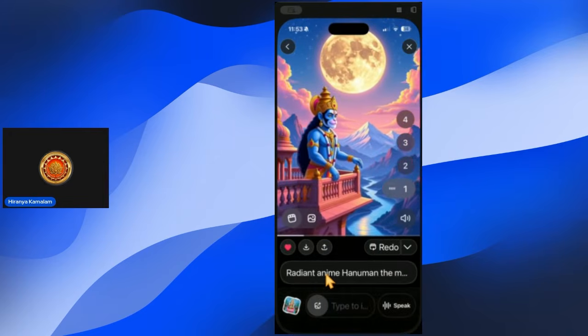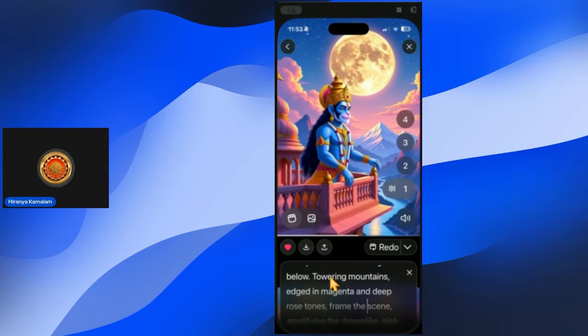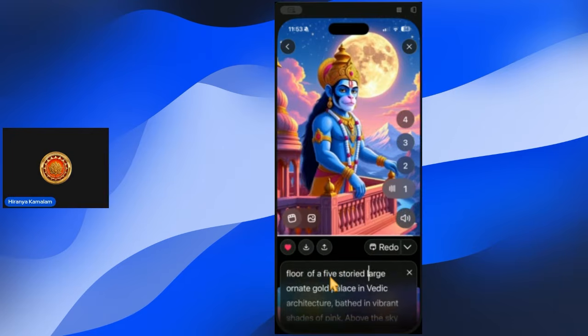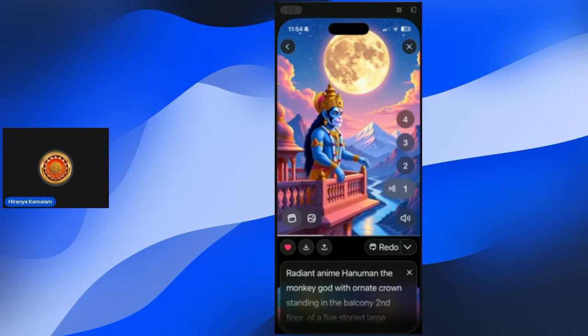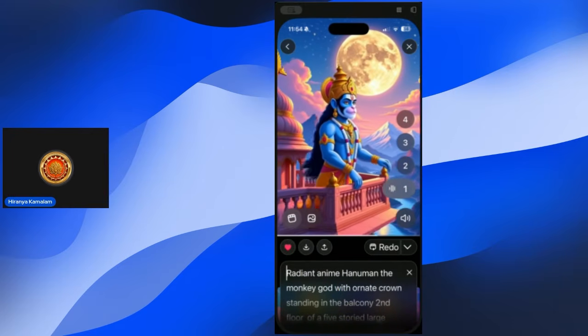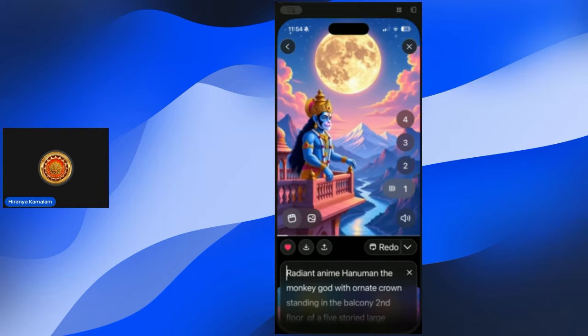So the prompt was written by me, of course, by looking up and updating and constantly revising to make the content with better backgrounds and everything.